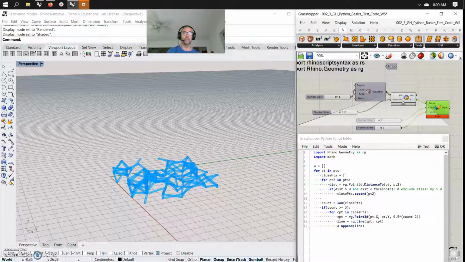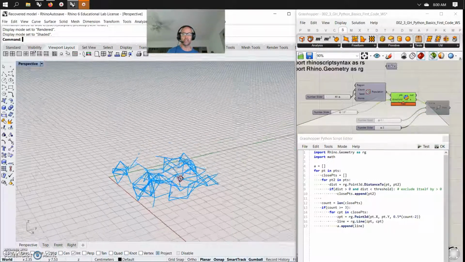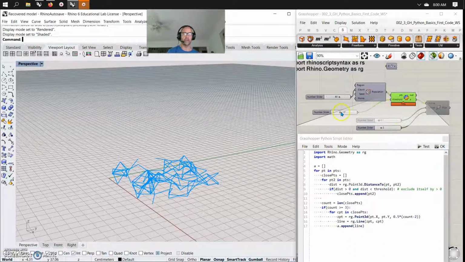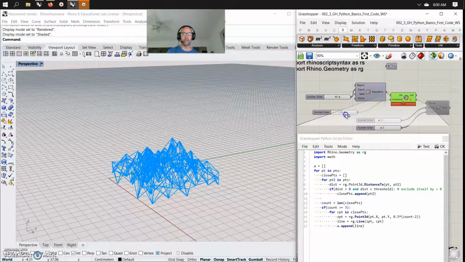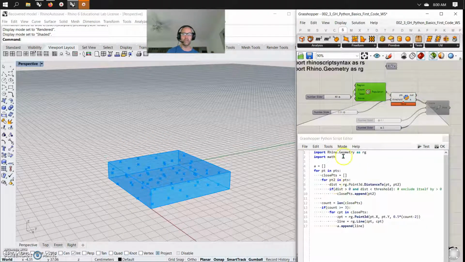And what I'm going to do just temporarily for the pipe is just disable that so we can actually just see the lines, and it should move fairly fast. So as we move that, you can start to make this kind of cool structure. And the script that does that is choosing to take those points